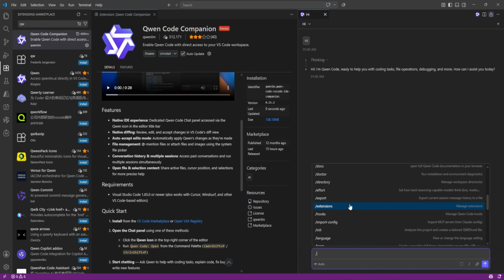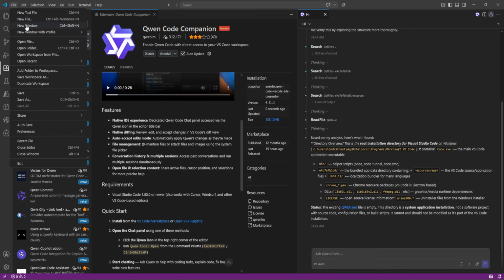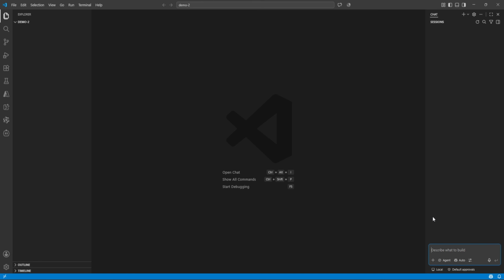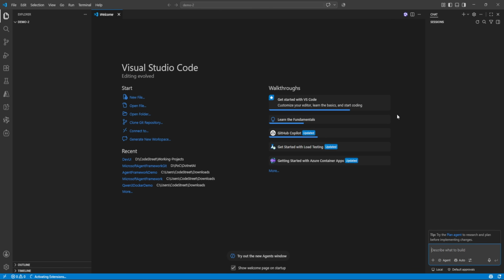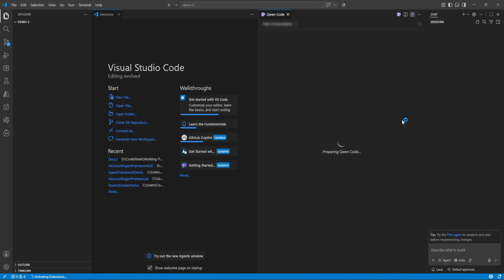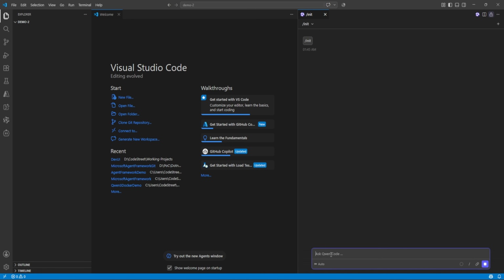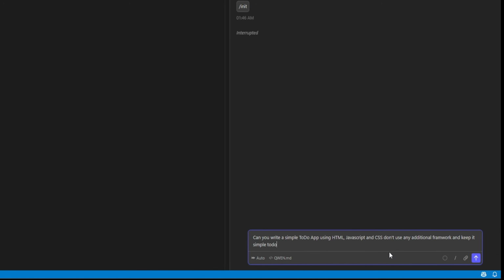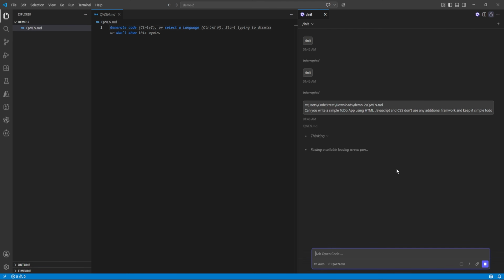We can also manage extensions and hooks. Let me open one workspace here, open folder. Now we'll use Qwen 3 and ask it to write some simple HTML code. Let's ask, can you write it, and see how it gets generated.